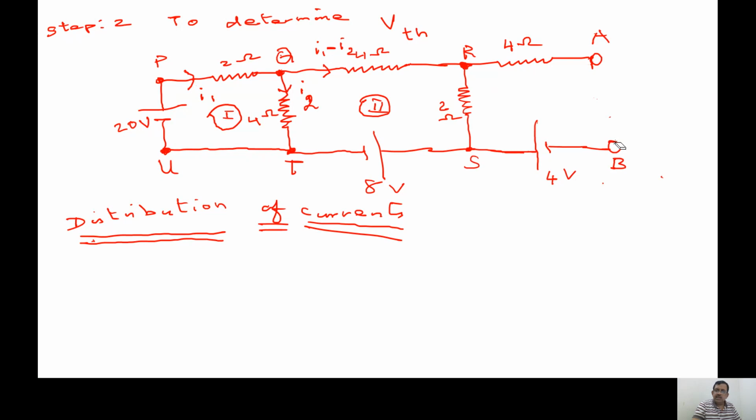And again, similarly here it is an open terminal. So again it will come like this. Here I2 is coming into this node T, and at the T node from S, I1 minus I2 is coming. So the total current flowing outward here will be I1 minus I2 plus I2, that will become I1. So that is what we started with. So our way of representing the current is correct.